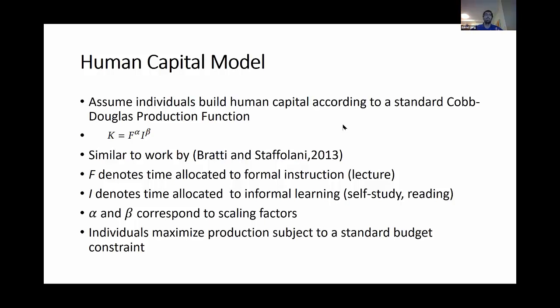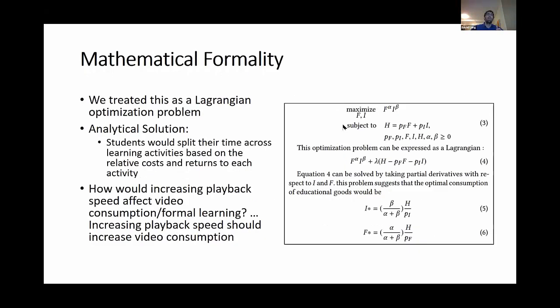with other generalizable results. But we are going to assume that individuals try and maximize the amount they learn subject to a budget constraint, meaning just how many hours they have in a day to devote to their learning, or just how many hours a day they have in general. And we treated this very formally. We ran this as a Lagrangian optimization problem. And one of the things that we found when we